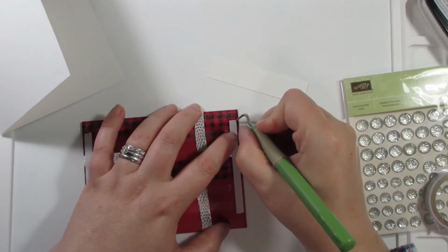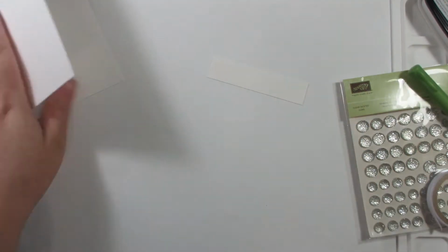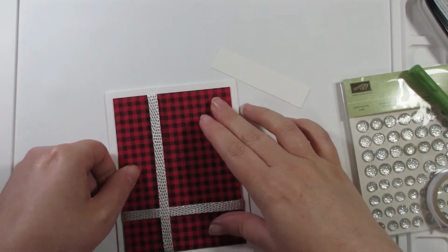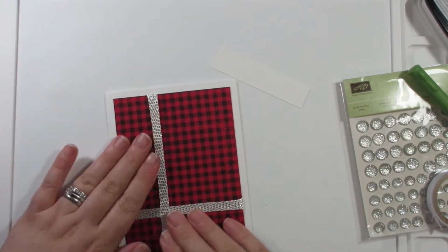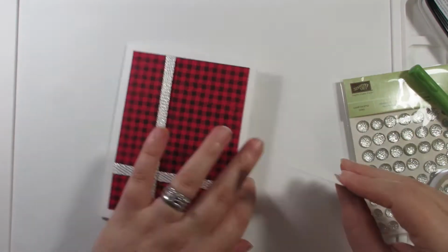Those little blingy dots on the right hand side, I actually didn't use them in the end. I had the silver ones out for this card, and then we're going to do gold on the next one, and I didn't use them. I just felt that the cards didn't need them. So these are very simple cards. Anybody can do this,